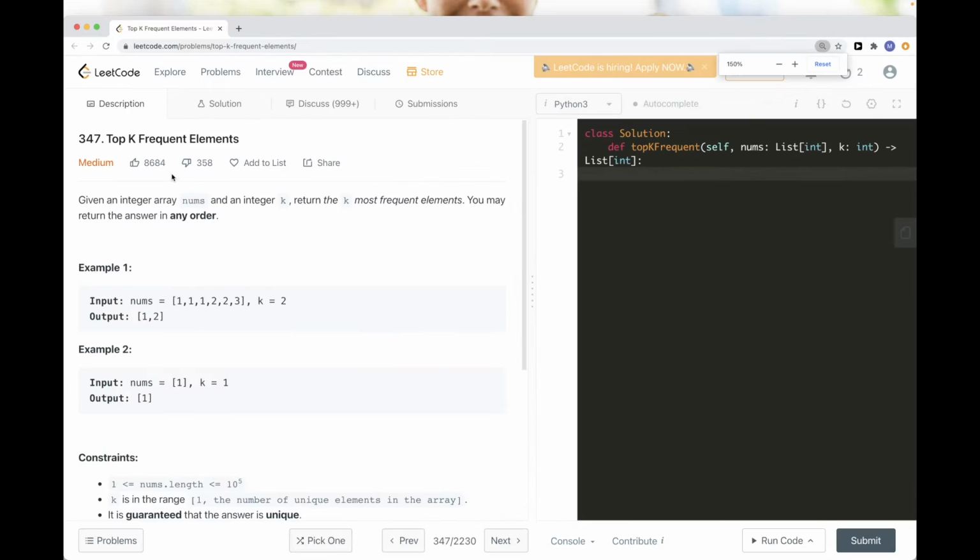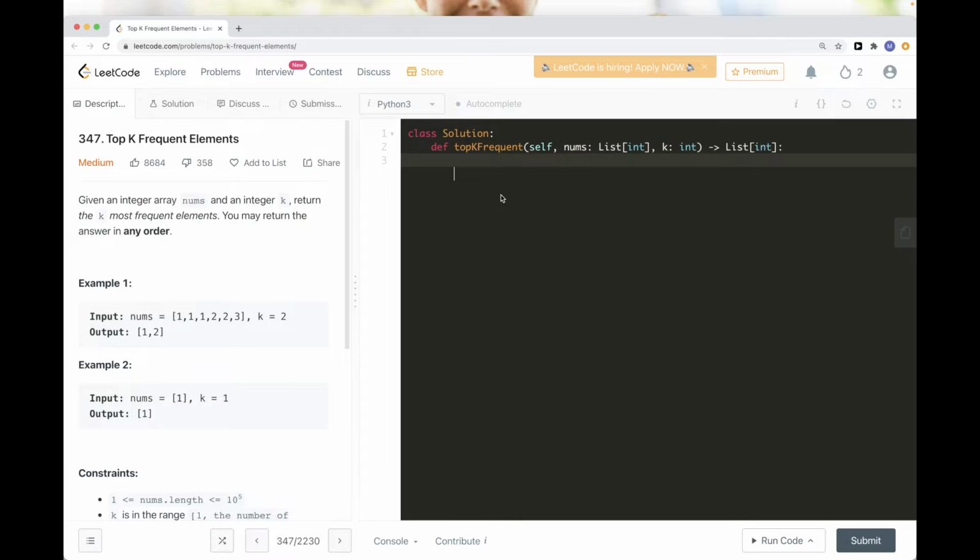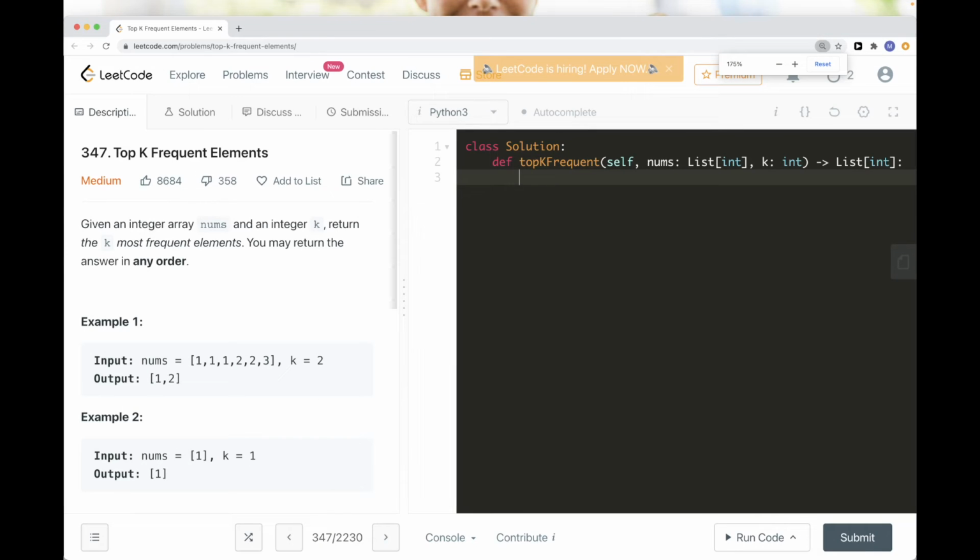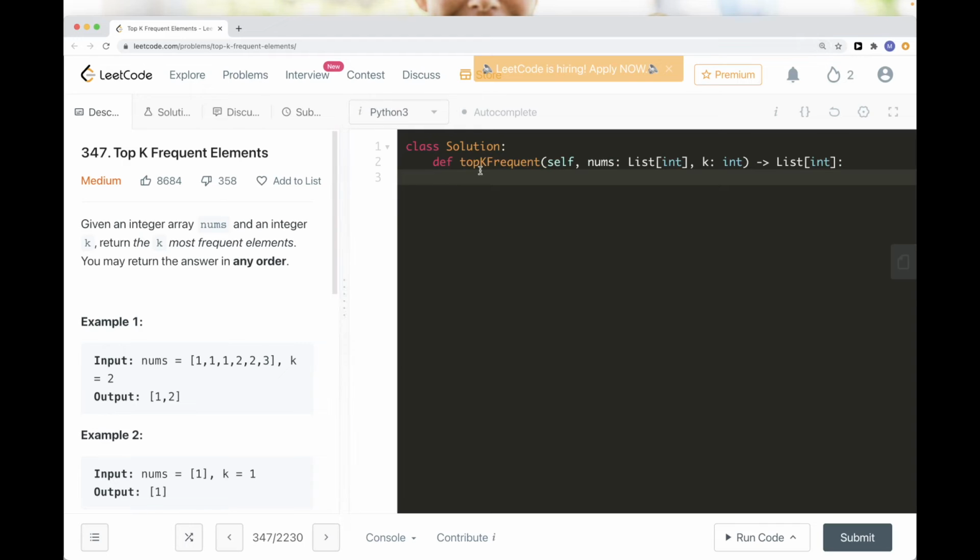So the problem says we get an integer array nums and an integer k, and we want to return the k most frequent elements, all of them, in any order. Okay, so this seems like a priority queue question, so we can just turn this into, I think, a heap. So heapq.heapify(nums), and then we can just return the